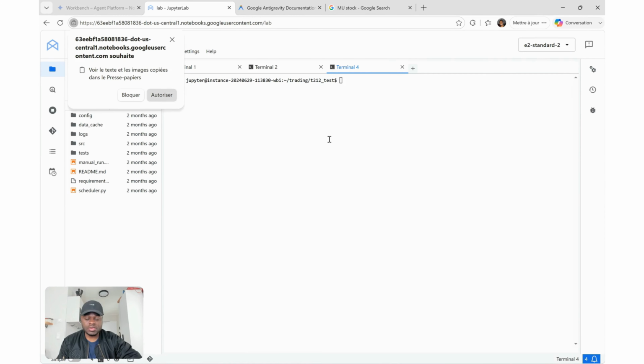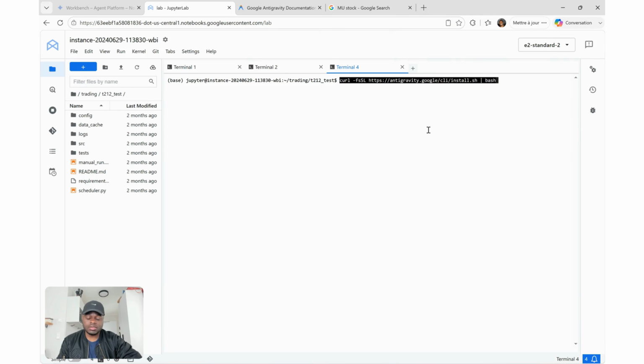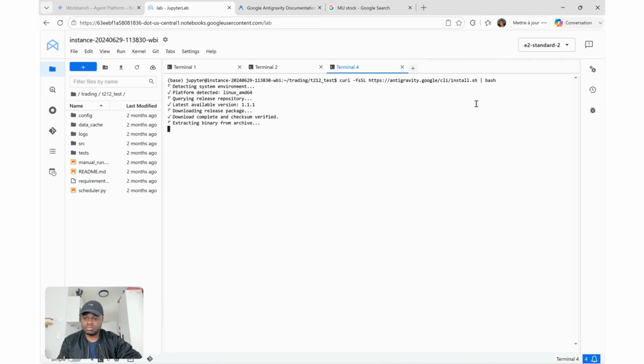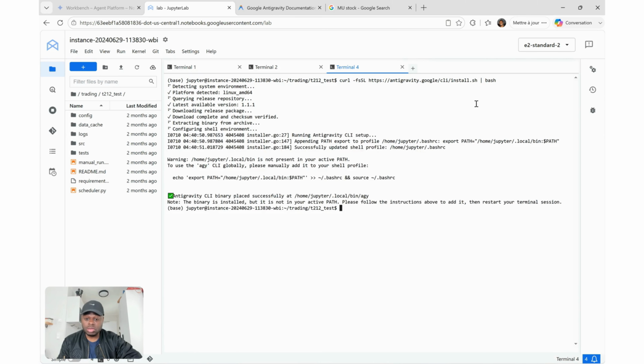Oh, well, let me just authorize this quickly. There you go. And just like that. Okay, it's going to require some time to install. Oh, and it's already installed. Great. Now, just to make my life easier, I am going to add it to the path. It's a wonderful thing that it actually suggests adding it to the path. There you go. And once it's installed, I can just call it by typing the command AGY. Does it sound like artificial general intelligence? Instead of an I, we have a Y here. So I'm going to go ahead, AGY,